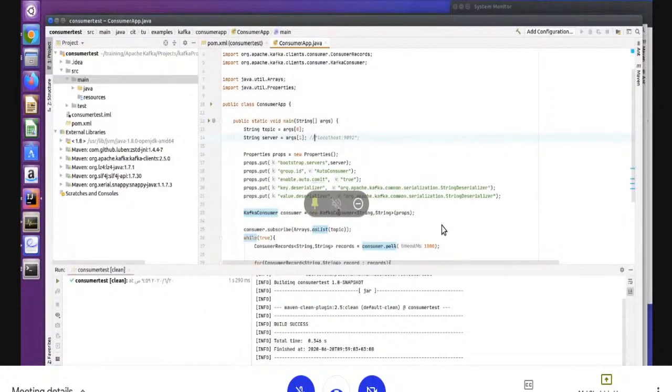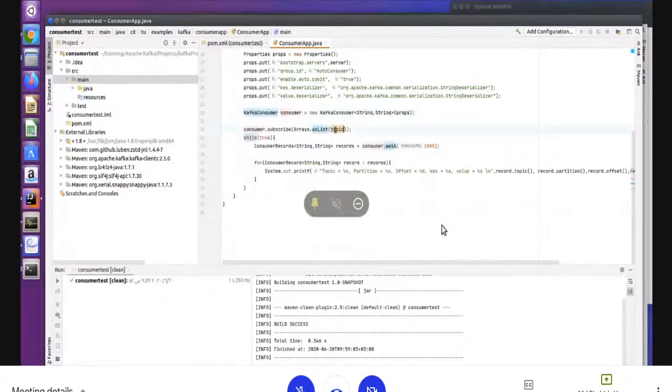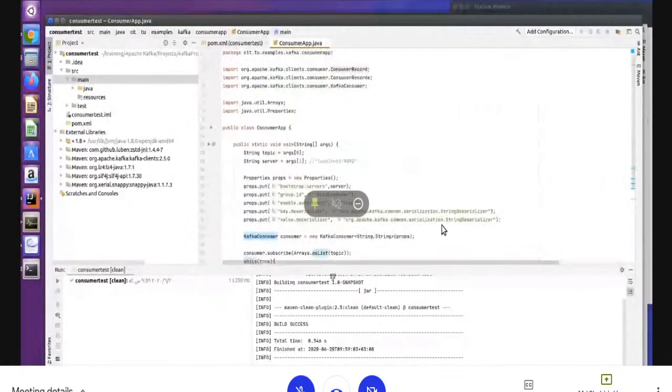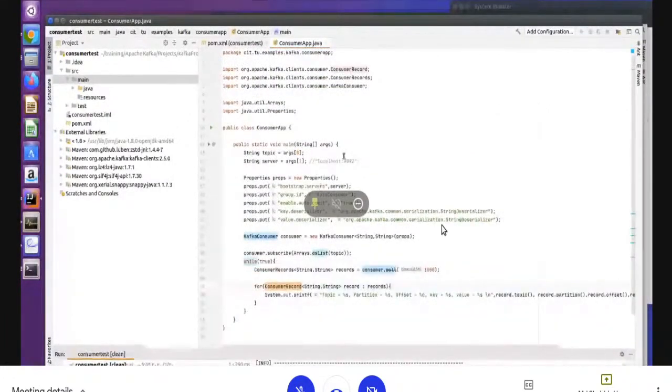So it will pass here, then it will create the consumer object and subscribe to my topic. It will poll the topic every 1 second and read the data. It will store the multiple records into the records object, and after that I created one record here and it will iterate over all the records one by one and I'm printing here. These are very basic consumers. For your understanding, I have created, right? So this is how I created the consumer.